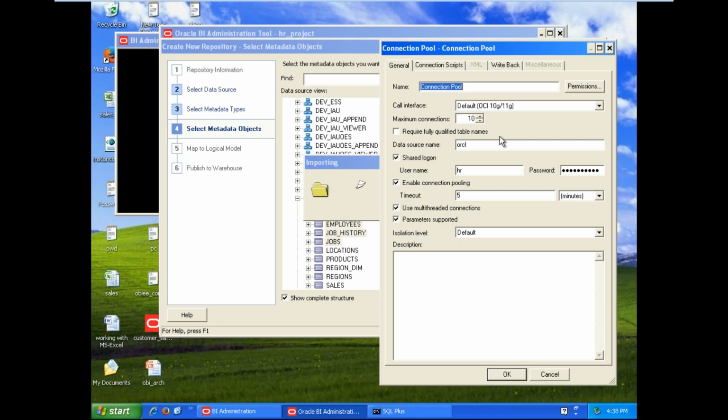That means once we import the necessary metadata objects from the database, if any object is renamed in the database, that is not renamed in our technology. If any extra column is added in the object, that is not added in our technology. We need to manually rename it, manually add it, manually modify it. Nothing is updated automatically. Metadata is always persistent. Metadata is never updated.